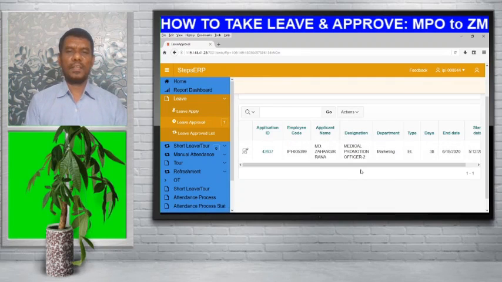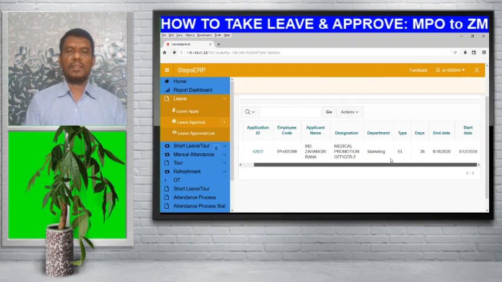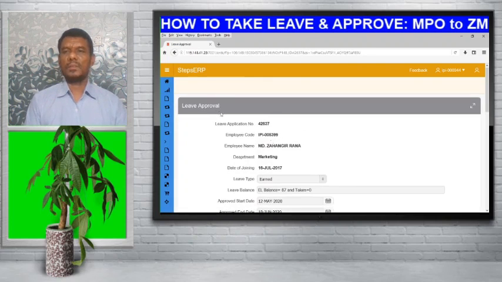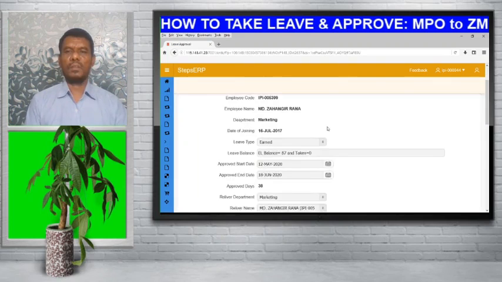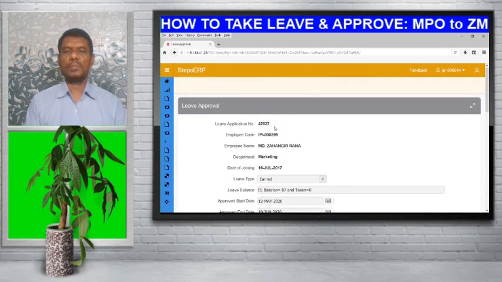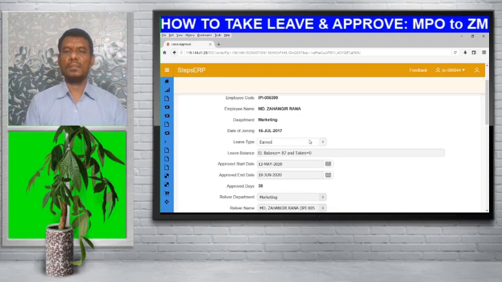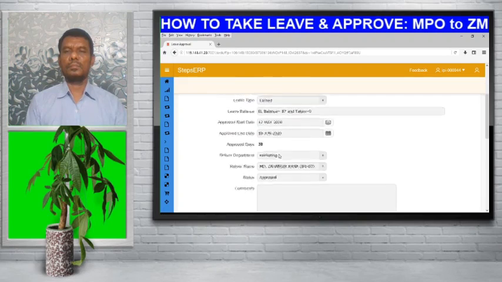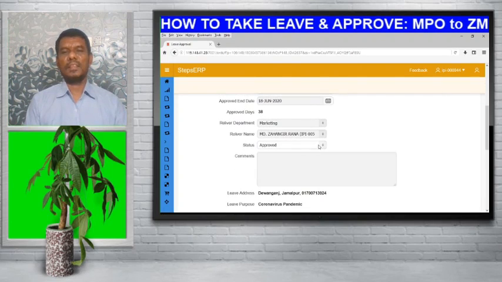Here you can see that Mr. Jahangir Rana's leave application is showing here for approval. So I shall press the pencil button on the left side of his application. Then this is the option for leave approval. Here all particulars are displayed, you can see the status.